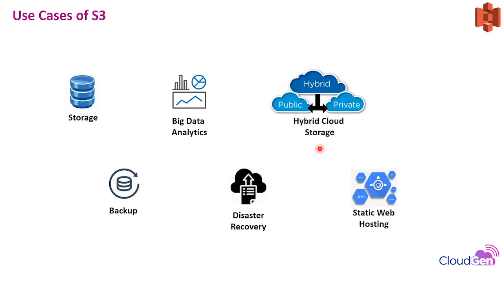Hybrid cloud: you have the storage on your on premises data center and you want to keep its backup, or you want to move the storage of your on premises data center to the cloud, you can use it. And last but not the least is static web hosting. We know that whenever we need web hosting, we need a paid service for it. But by the use of Amazon S3, it is almost free of cost static web hosting for you.